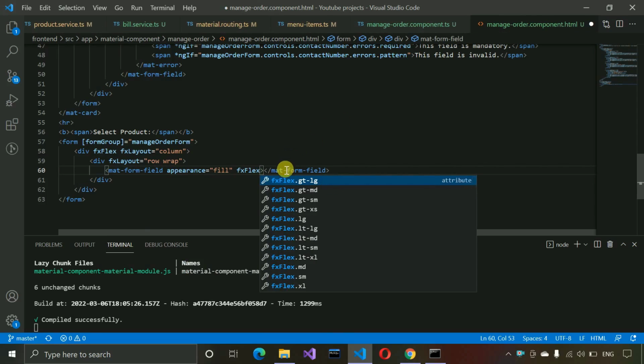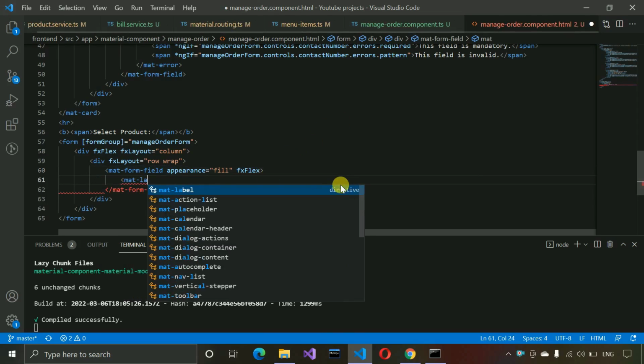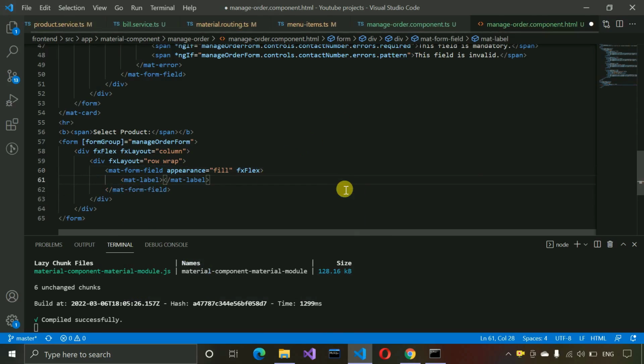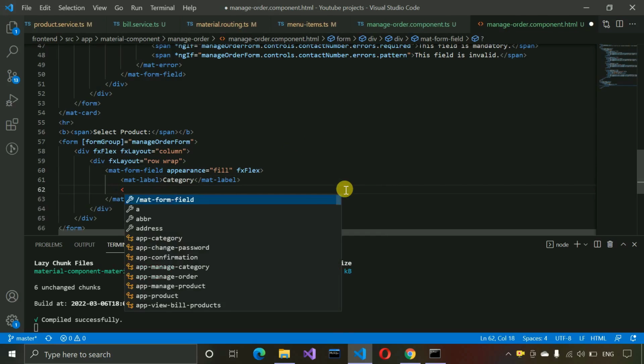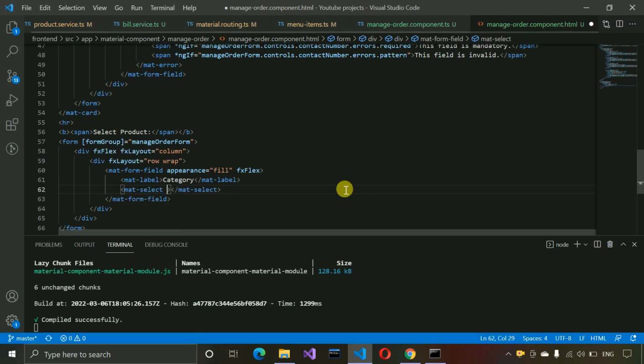Okay, and here we need to write mat label, and here we need to write category, and after that we have to write mat select, this one, and the form control name actually will be category,